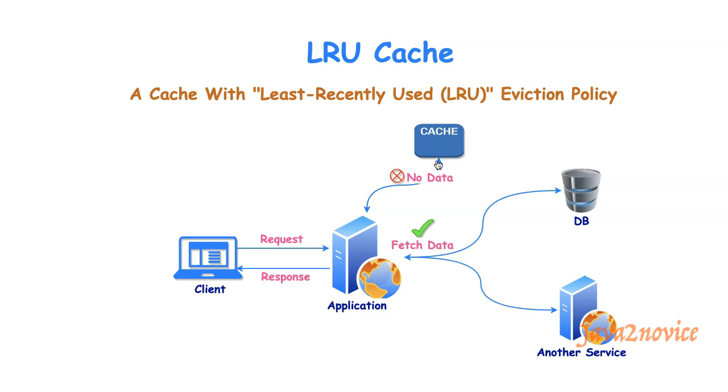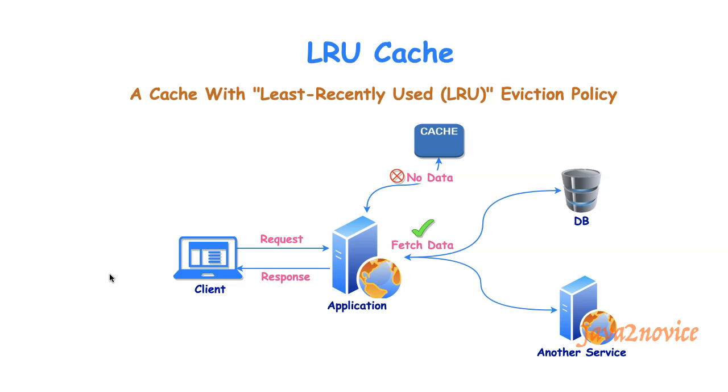Remember one thing, caches are smaller in size. You cannot store all the data at a time to serve all the requests. If we cannot fit everything into the cache, then how can the cache decide which data to store at a given point of time? This is where the eviction policy will help the cache. And this cache is using the LRU eviction policy.